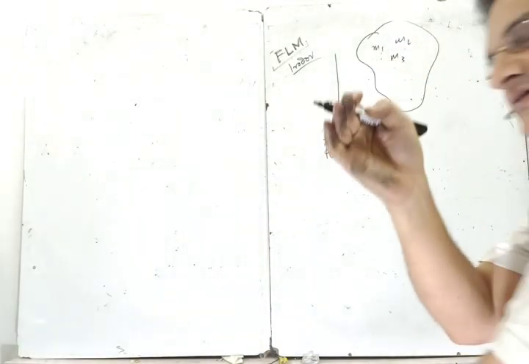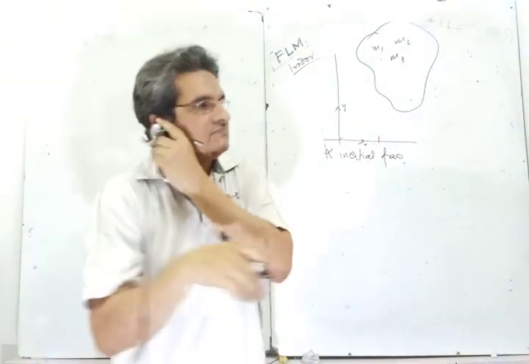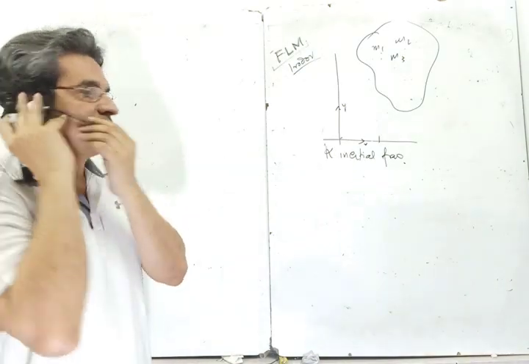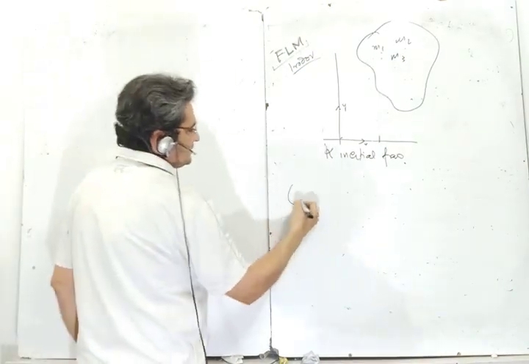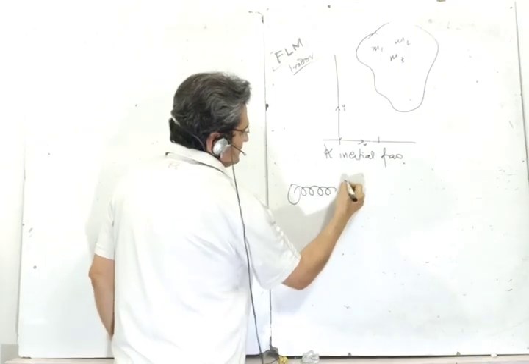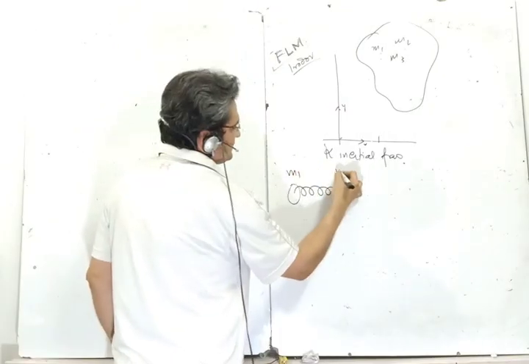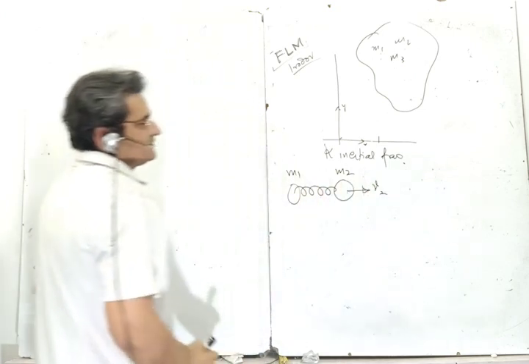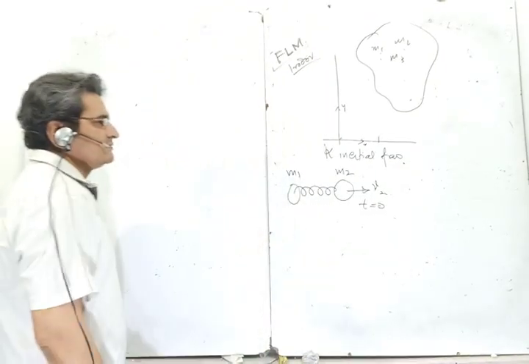I'll take up an interesting concept of C frame, that is center of mass frame. And it is very useful for solving certain problems. Suppose you are given this problem of two masses connected by a spring. This is mass m1, this is mass m2. Some velocity v2 is given to mass m2 at time t equals 0. And we have to find the maximum extension of the spring.